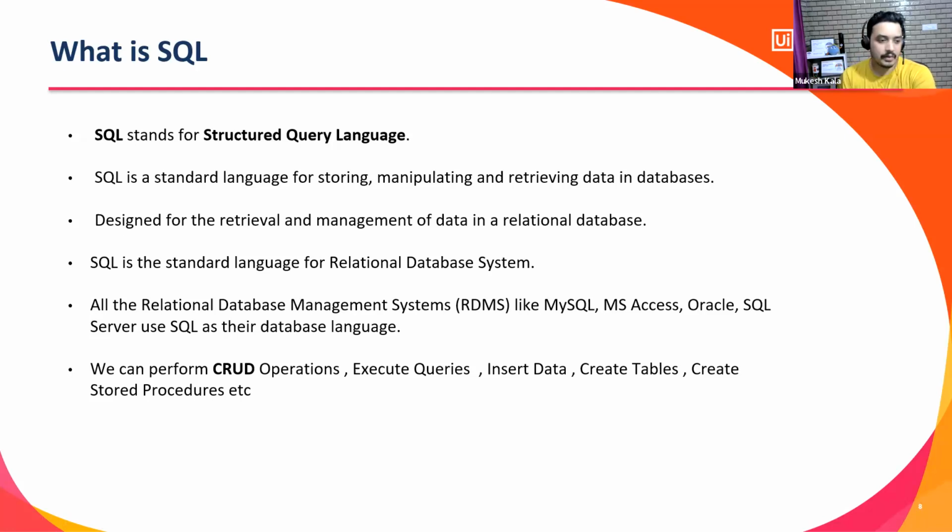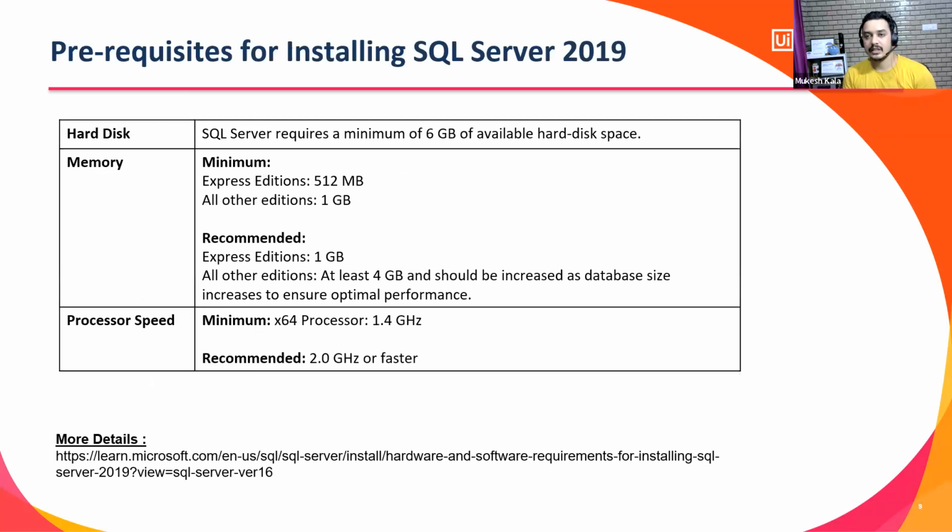The common types of databases we are covering in this session are two. One is SQL Server 2019. The other, which is an open source database, is PostgreSQL. I'm going to show today how you can install both of them, how you can connect them to UiPath, and what things are required. There is a link which you will all get when I share the PPT. SQL Server 2019 is a version.